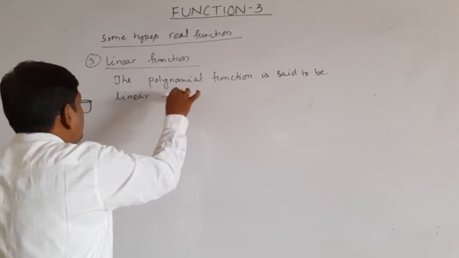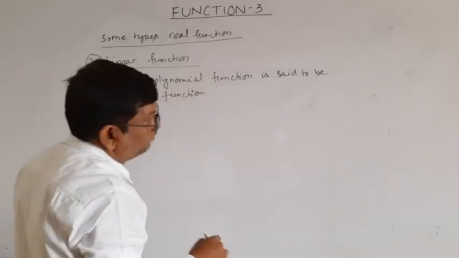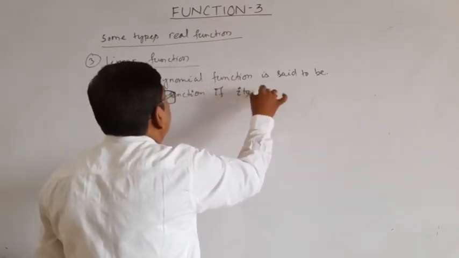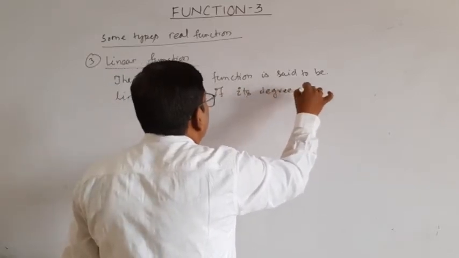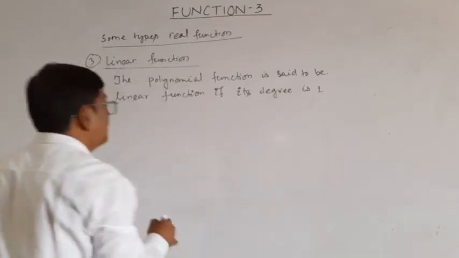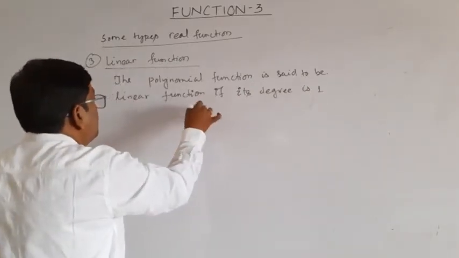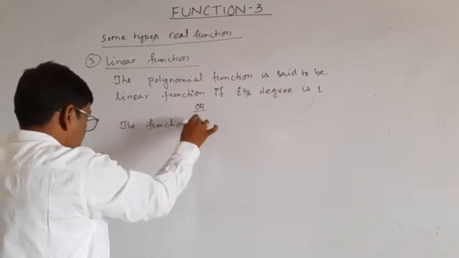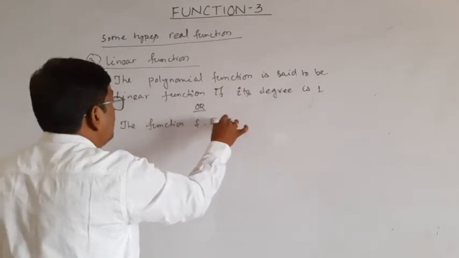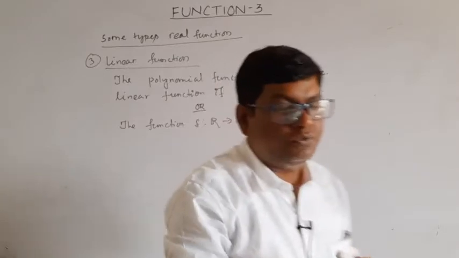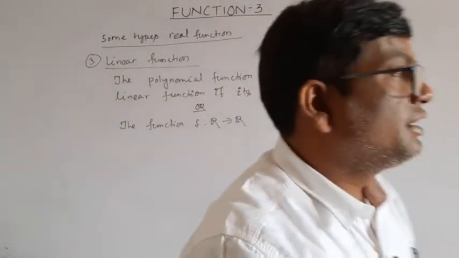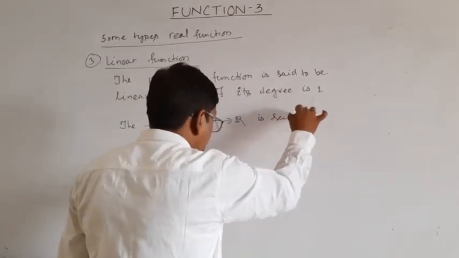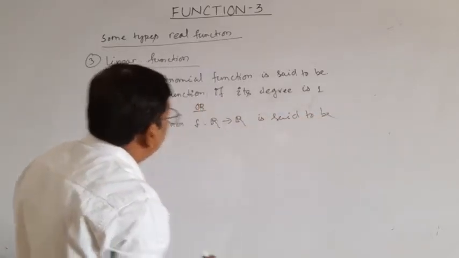Linear function. If its degree is 1, or we can say the function f from R to R is said to be a linear function